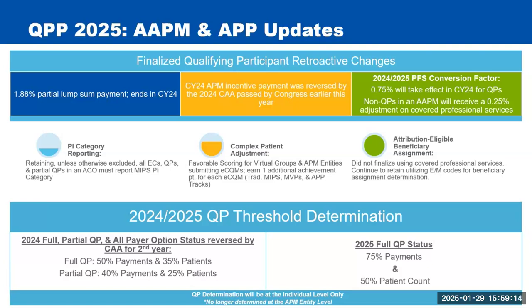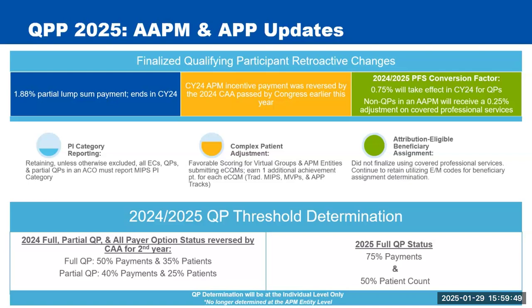Additionally, some changes that were a part of that 2024 CAA that CMS did finalize in this rule go back to the QP determination thresholds for 2024. Congress ended up reversing the progression to 75% of payments and 50% of patient count for 2024 determination of QP status. And so you can see on the slide here that for 2024, to be determined as a full qualifying